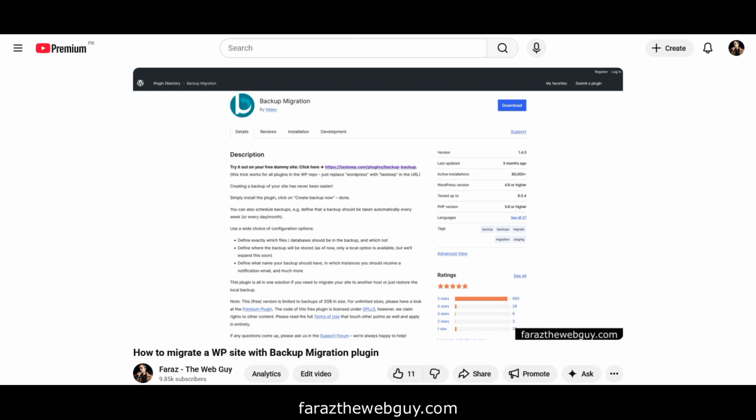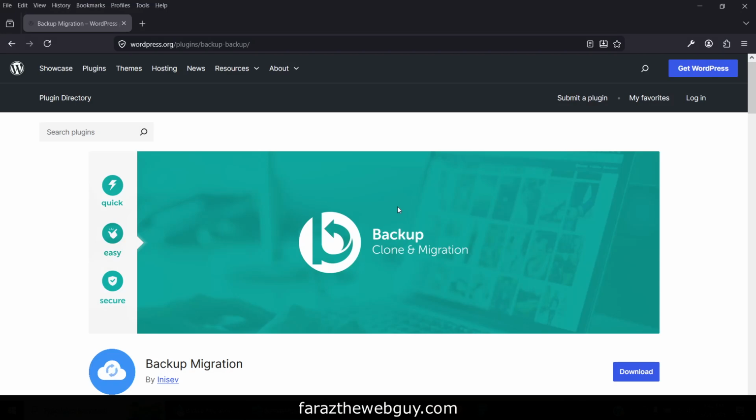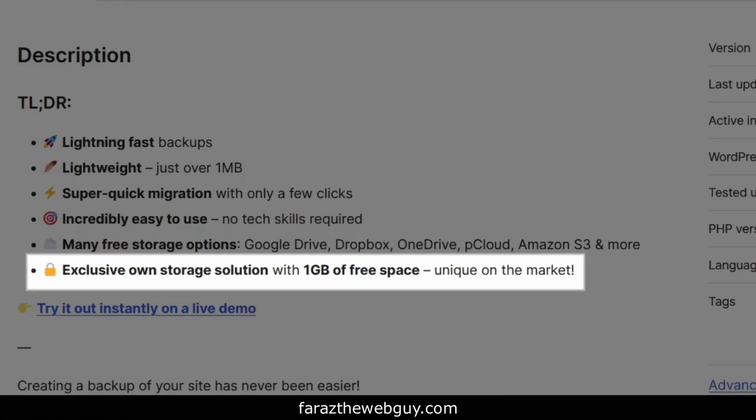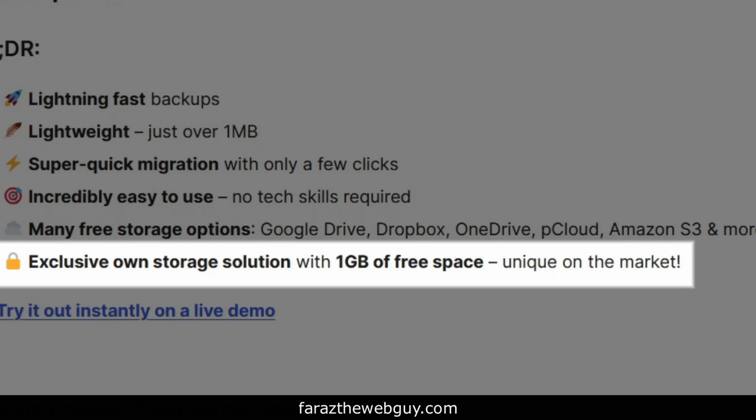So last year, I made a video on a backup plugin called Backup Migration. Recently, they launched version 2 of the plugin and a lot of new features have been introduced, especially this feature. It is the first plugin to offer native cloud backup storage for free, and the space is pretty generous for